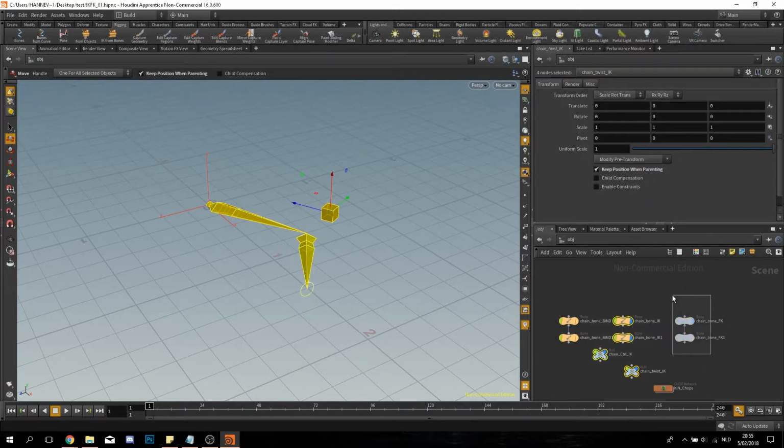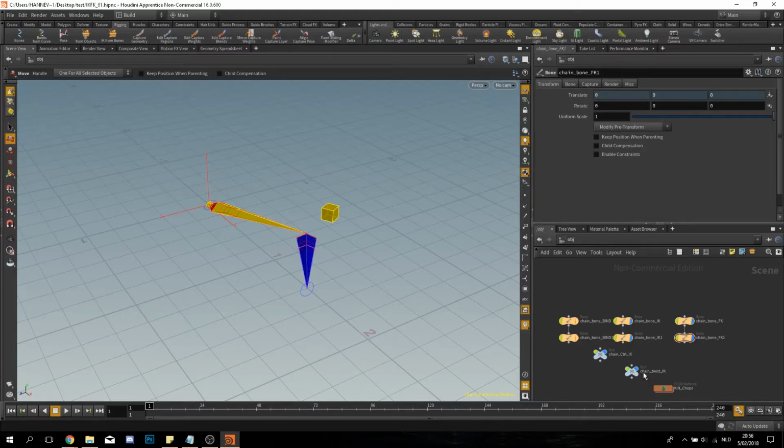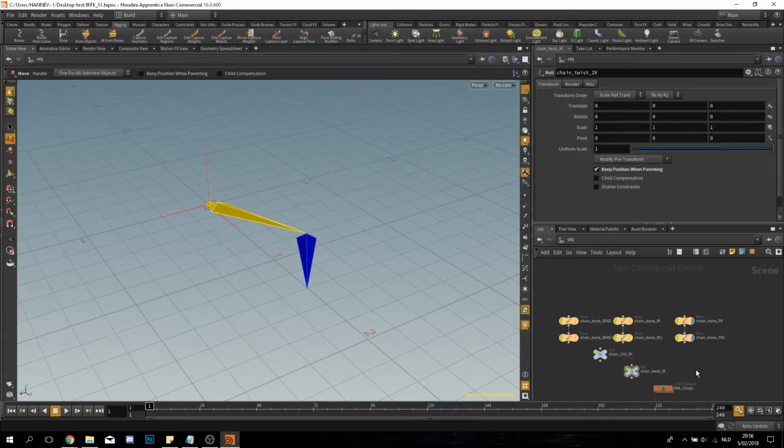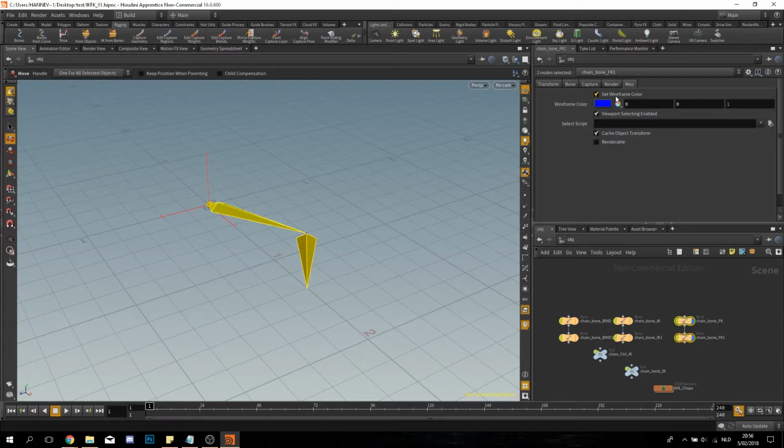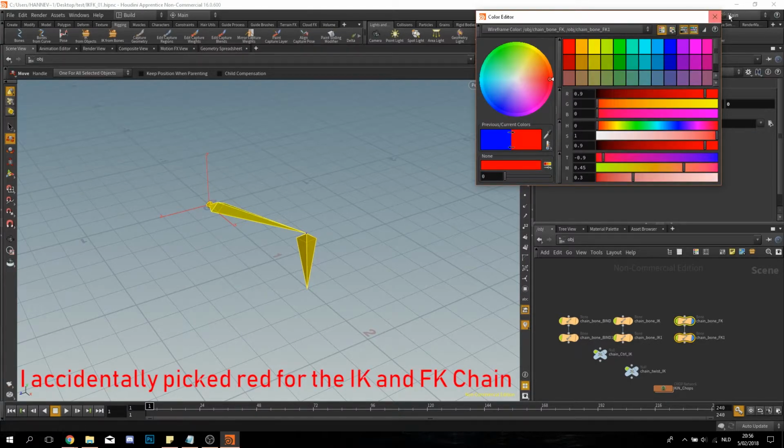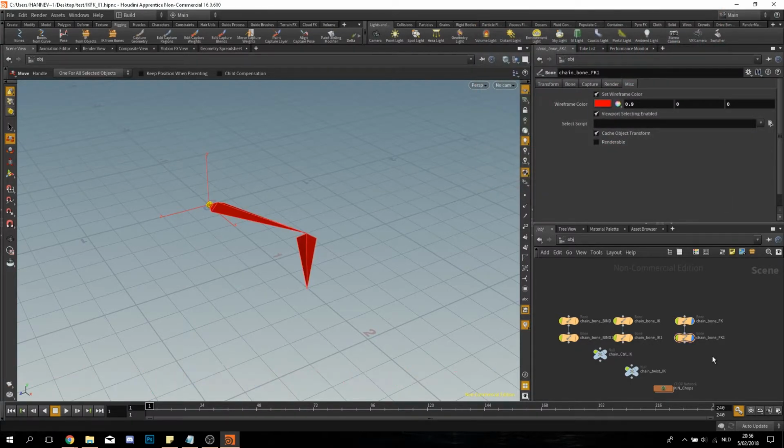Next up is the FK. Gonna hide the IK. I'm also gonna change the color of this. And this is quite easy, just adding 2 controllers. I'm gonna go ahead with it.